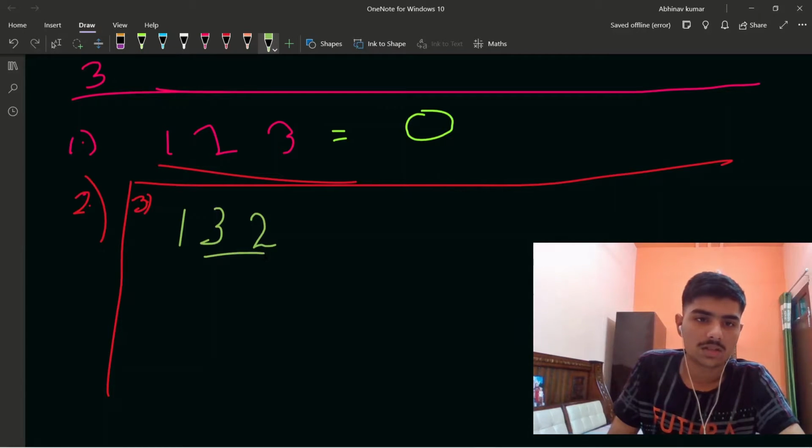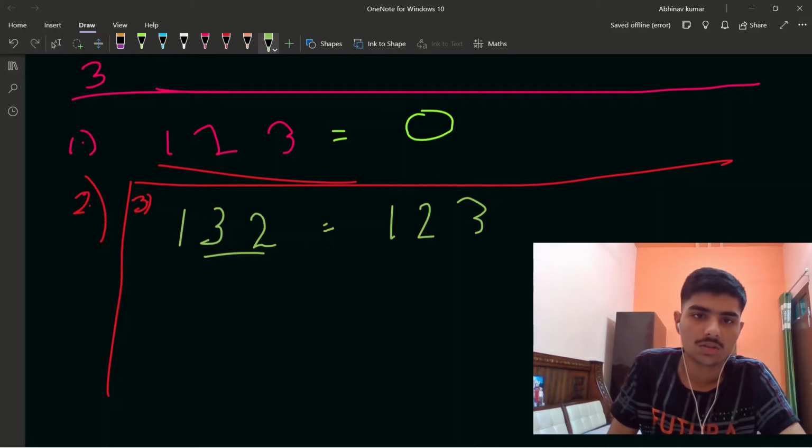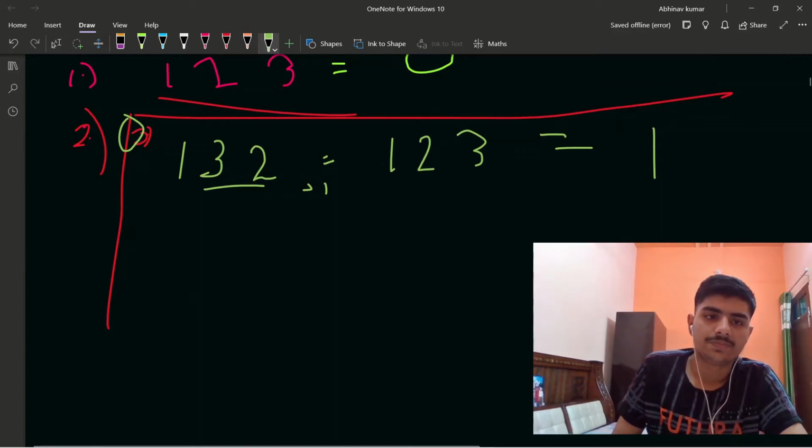So we can just sort both of them. We can just select this and this as a subarray, and we can just swap both of them. So our resultant subarray is going to be 1, 2 and 3. So they are sorted now. So the operation count was 1. Okay, so in this case the answer is going to be 1. This was the first case of these 3 cases.